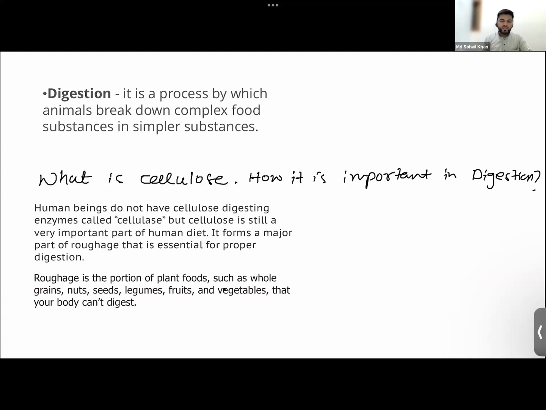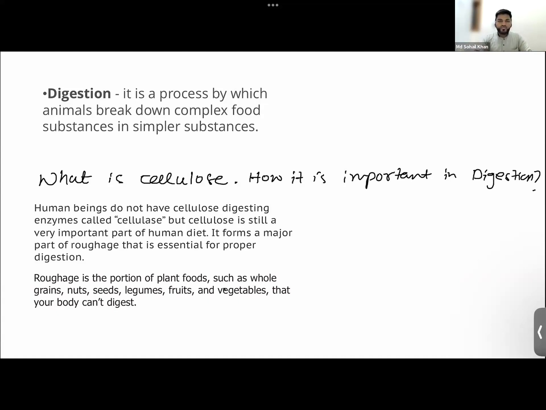Okay, now we begin talking about digestion. We discussed that it is simply the process of breakdown of complex foods into soluble form, like carbohydrates, different types of oils, different types of vitamins. We consume it in very complex form, not in soluble form. The body first needs to break it down into simpler form so that it becomes soluble. It dissolves into the water present in our body, and then our body can utilize it. So that is what we talked about digestion.